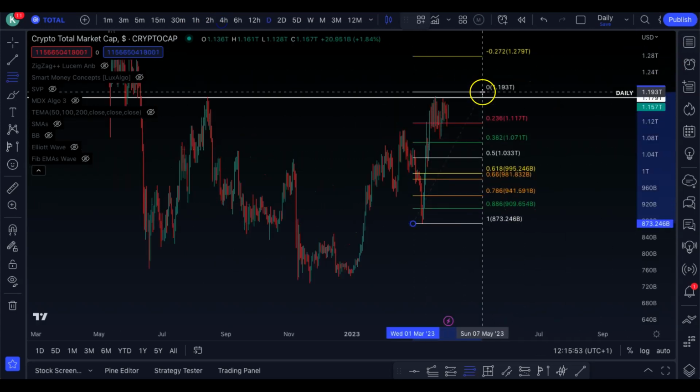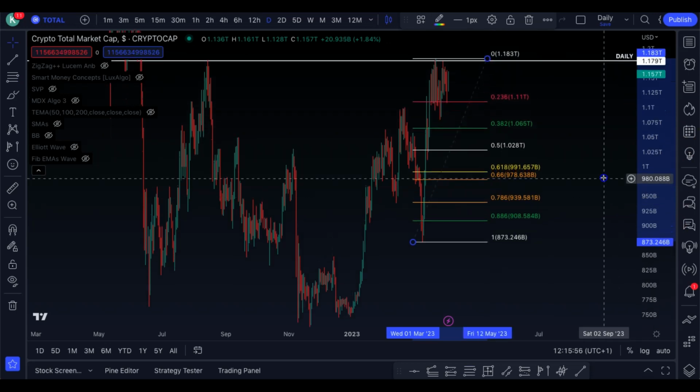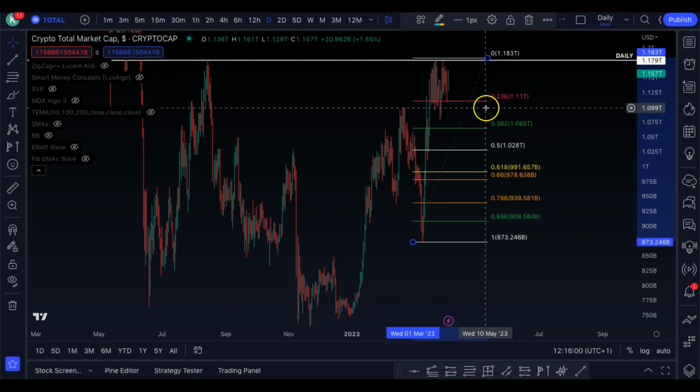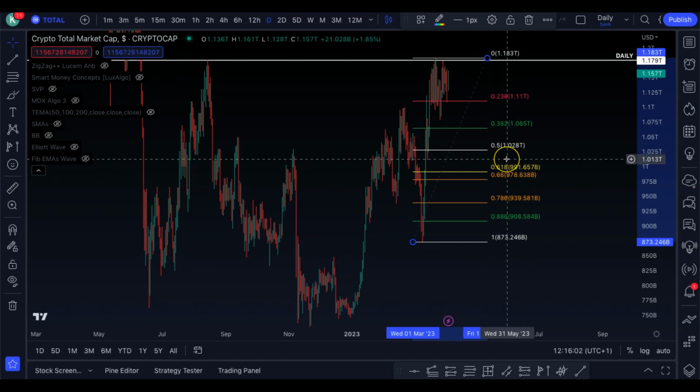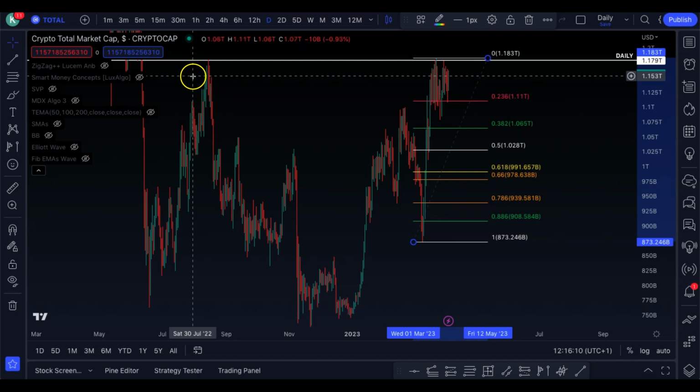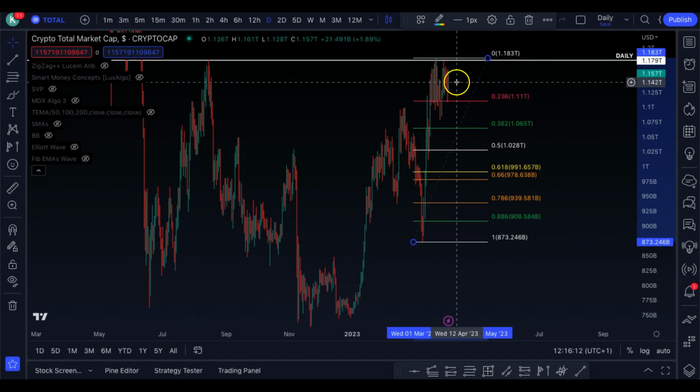So drawing a Fibonacci as well, we had some kind of reaction around this 236. Question now is, do we eventually get a pullback to the 382, potentially the 618? So that's something I'm considering. And very often it's worth definitely taking some of your spot position profits out, specifically when you reach a huge key level of resistance. There's no harm if you take it out, because you can always put it back in